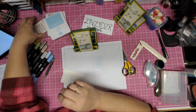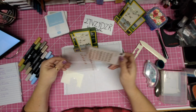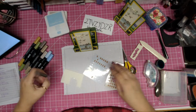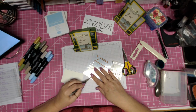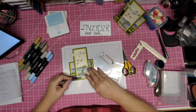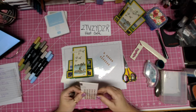And then I have, these are no longer available, but Stampin' Up! used to sell these little stones. And I still have some of these stones left. So I thought I would use some up. And I'd put them down here on the bottom of this card. If you still have some of these,